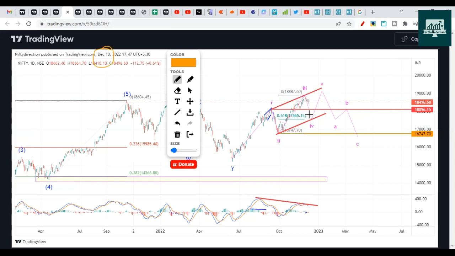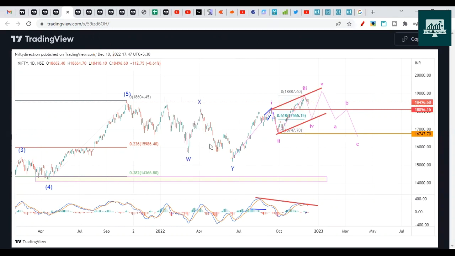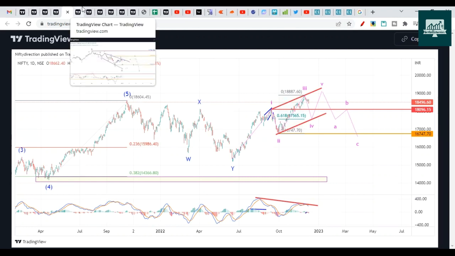So this is also looking to be in line with the view, and the chart is looking valid till now. It has broken 18,096, so there is a chance that it will be a leading diagonal pattern or a 1-2-1-2 pattern. So we have to observe how the price behaves. If it takes support near this area and then bounces back and breaks this high, then this pattern will be valid. So this is, you could say, a 2 to 3 months view. That's what these couple of charts are telling us.